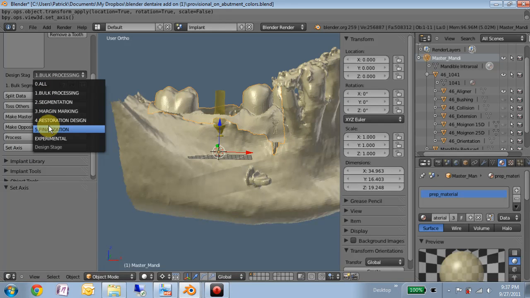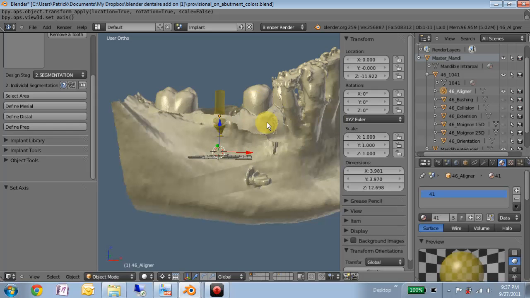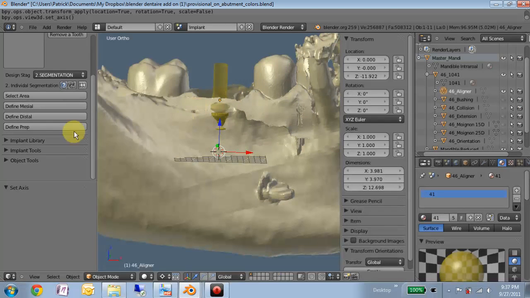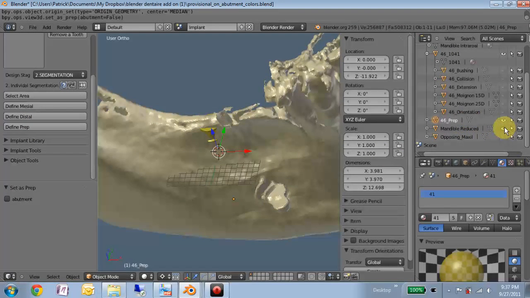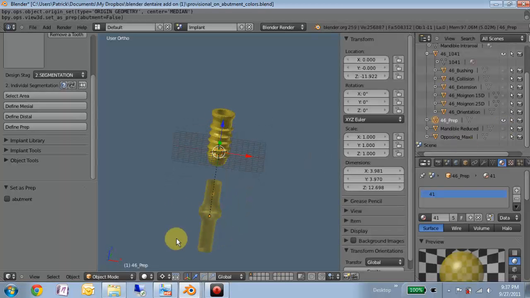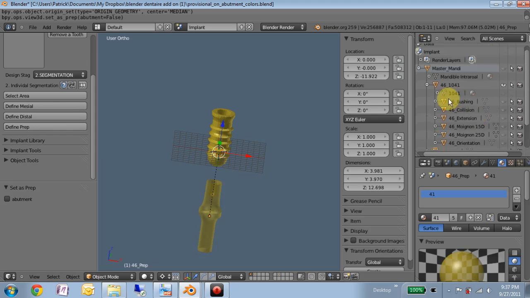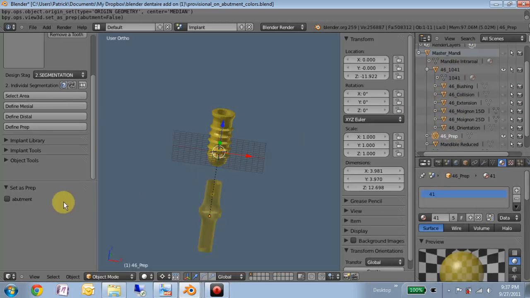And now it's just like any other crown design. So we want the abutment now to be the prep, and you'll notice something happened when we did that, especially if I hide the mandible. See the relationship between the abutment and the implant has been destroyed. That's because my add-on doesn't know that this abutment is parented twice, once to the master model and then again to the implant. But if we tell it that,